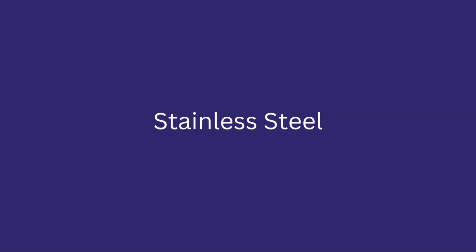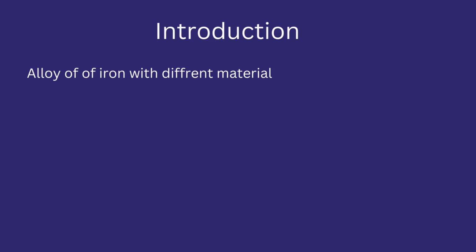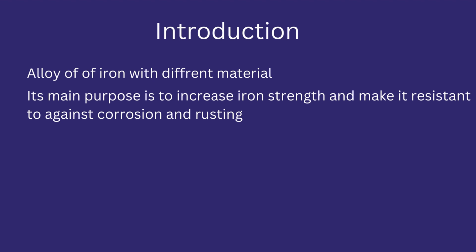Let's look at some distinct characteristics of stainless steel. Stainless steel is an alloy that combines more than one metal. It is an alloy of iron with different metals. The selection and addition of other metals depend upon the material requirement and operating conditions. Its main purpose is to increase the strength of iron so that it can tolerate various extreme environmental and operating conditions. Since pure iron is not capable of resisting certain environmental and operating conditions,